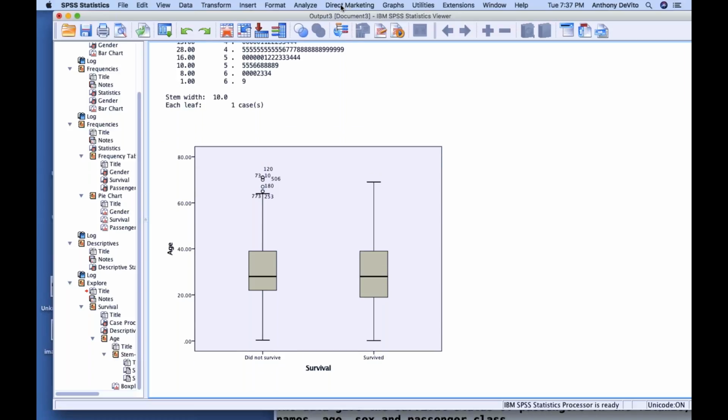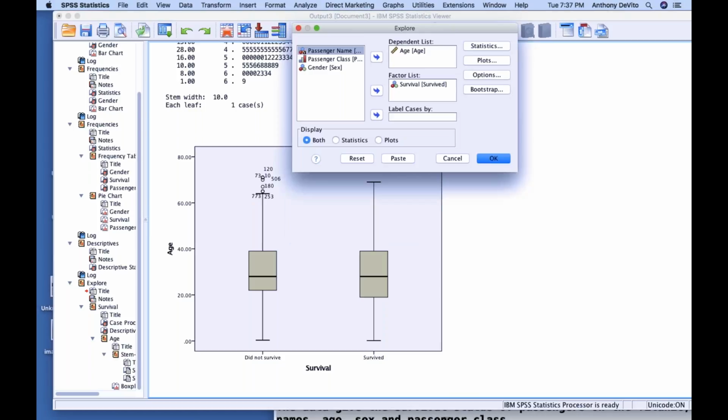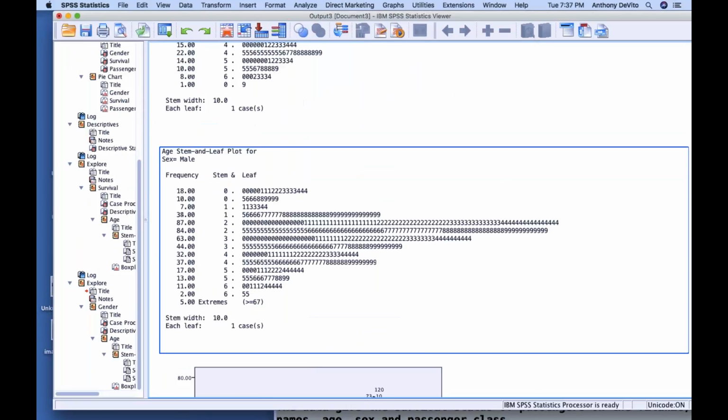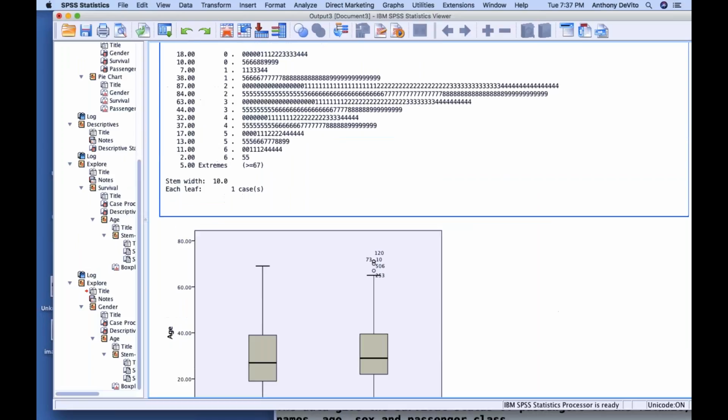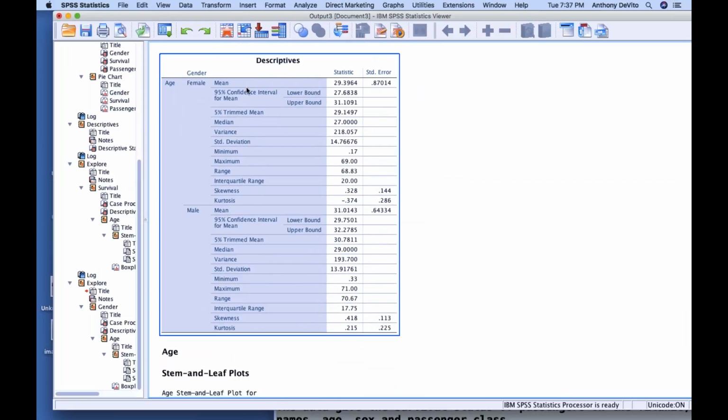So I'm going to go back here: analyze, descriptive statistics, explore. Let's do the same thing for gender. I'm just going to simply move gender into the factor list. Click OK, and let's see what that looks like. Okay, what's the average age of survivors by gender? Let's see, females. I'm sorry, average age of females,